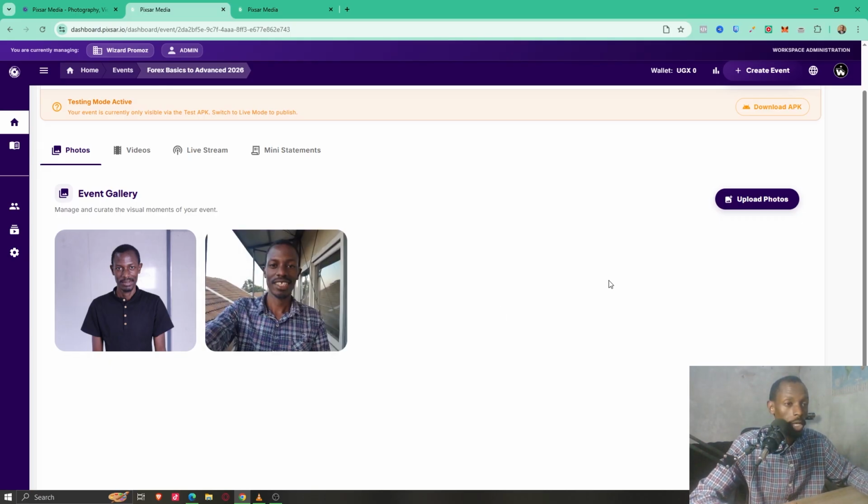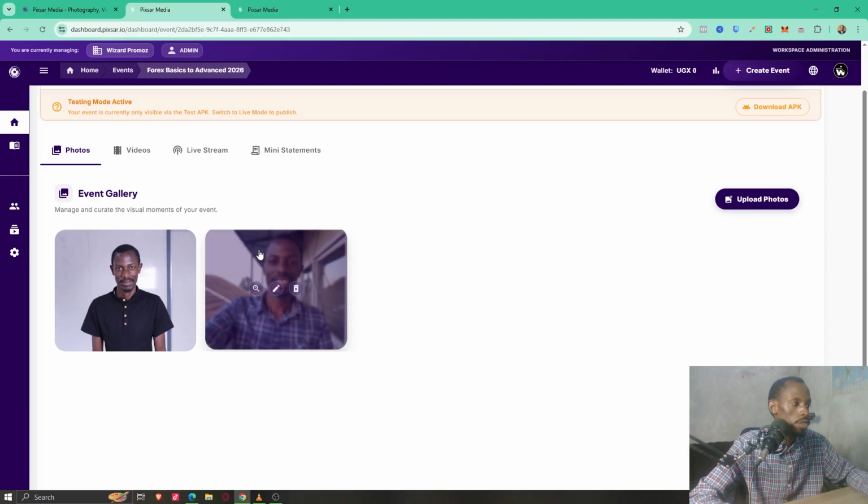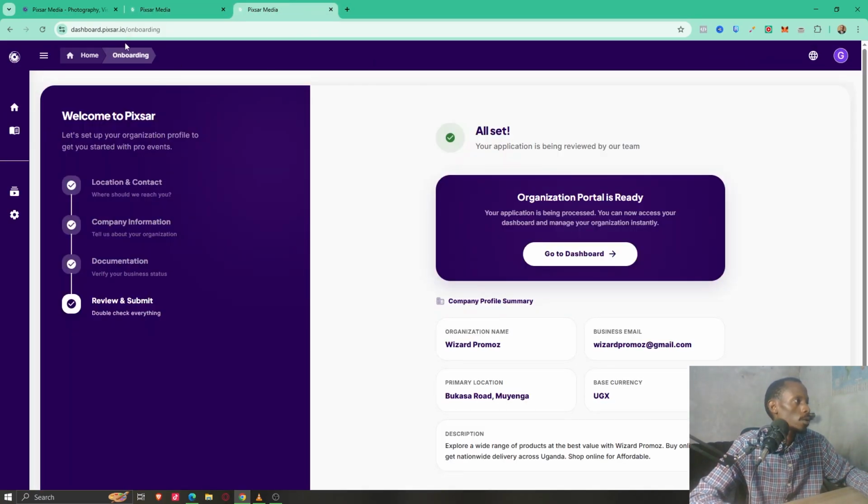So we talked about AI, and this part here is where the AI comes in. The AI powered editing, it will just create for you a video from these photos. So if we go back to